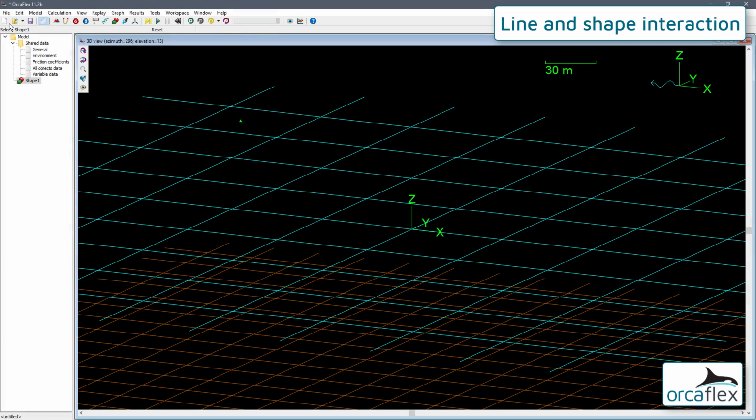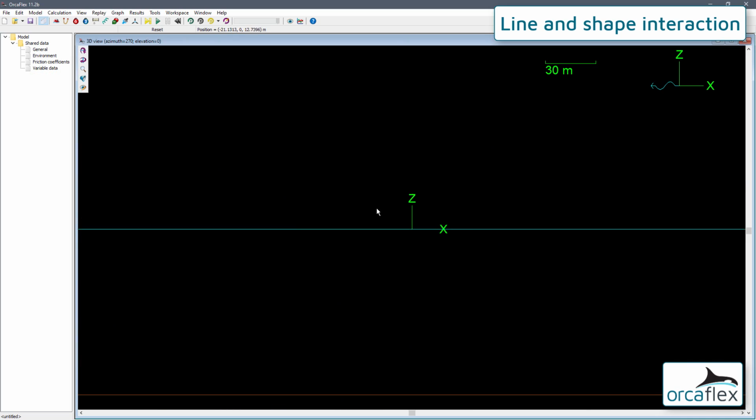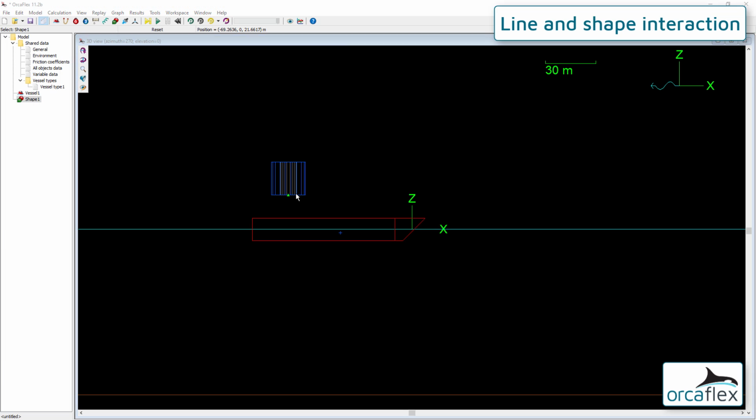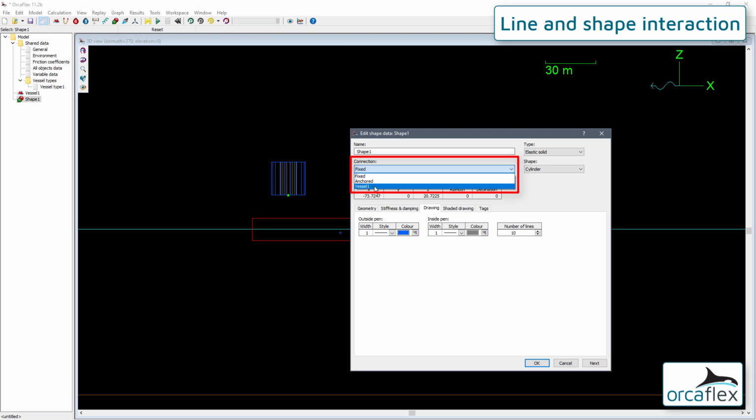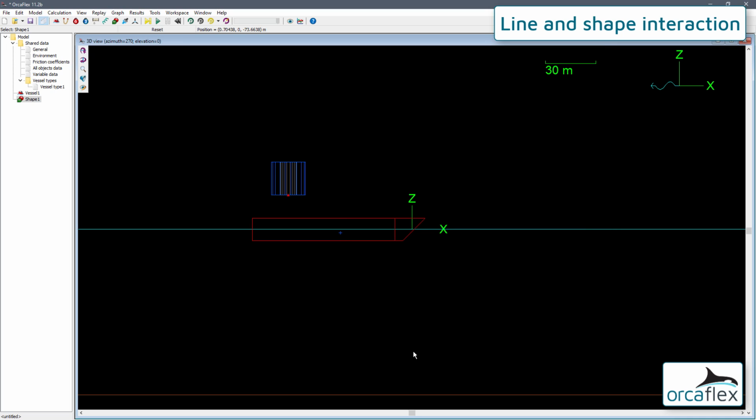Let's take a new model and place a vessel in it. We'll also insert a shape and connect it to the vessel. And on the data form, change its type to label.